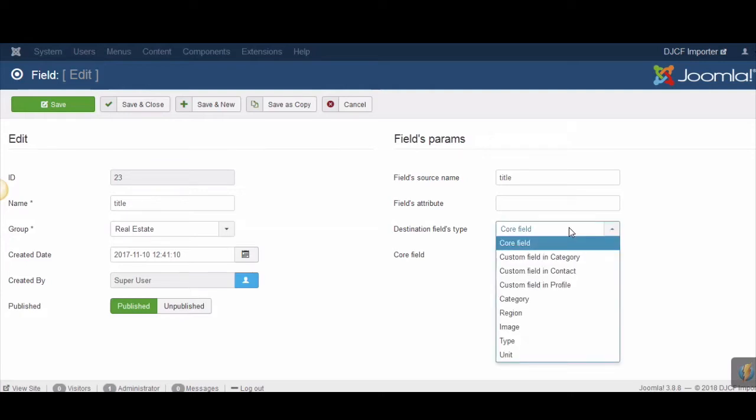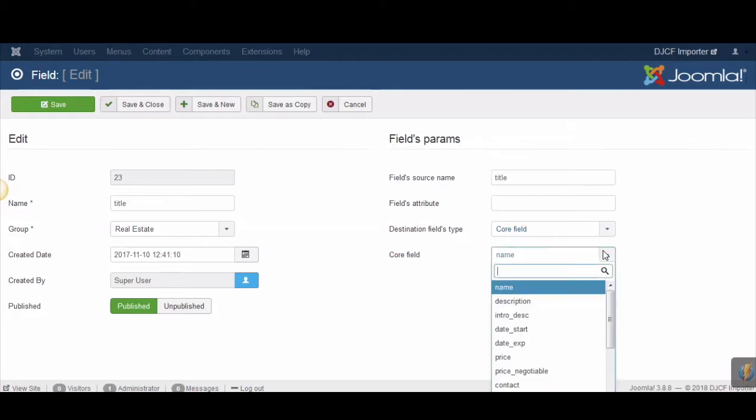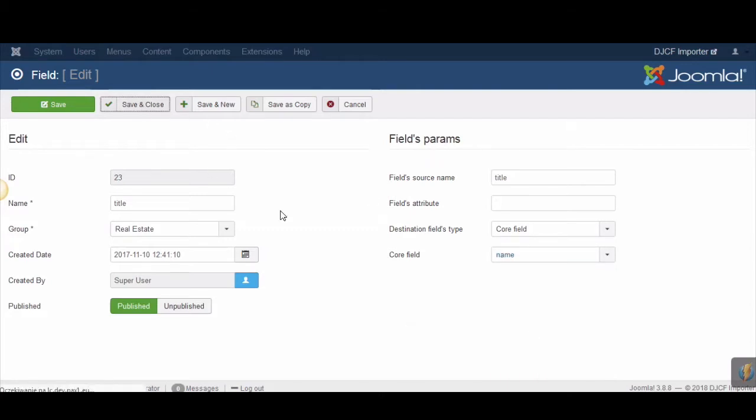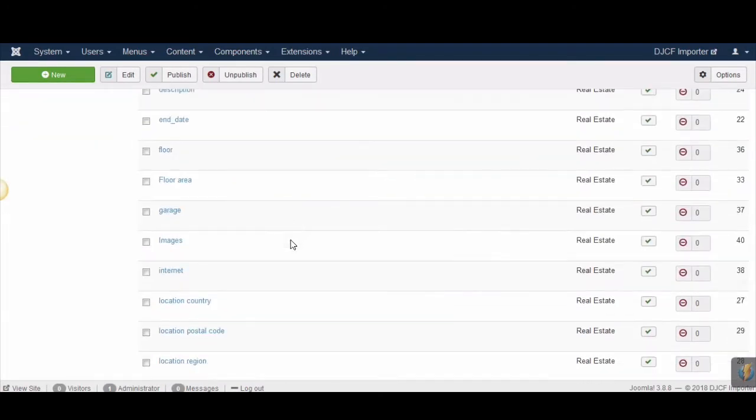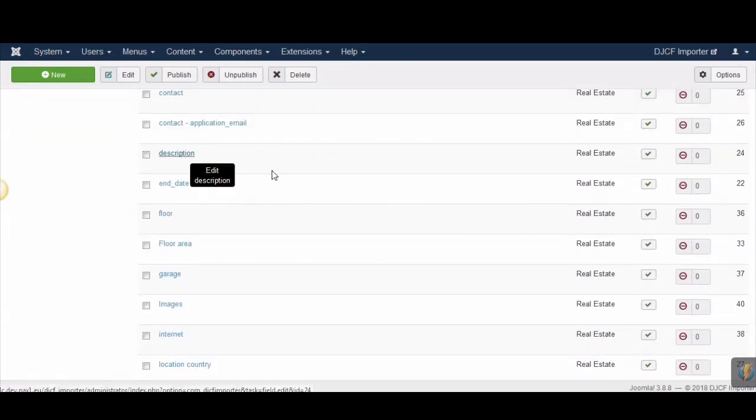We have several types like category, contact, custom fields from category, custom fields from contact, custom fields from profile, category, region, image, type, and field. In our case, it's core field name. After selecting this, we are saving the field and creating other fields for each element from XML